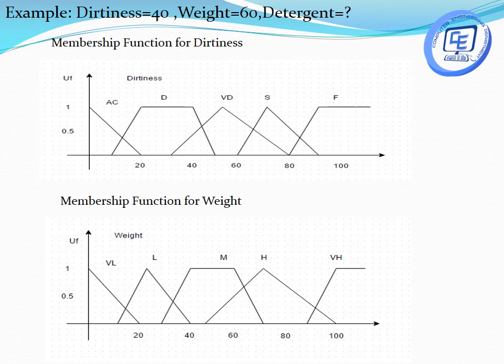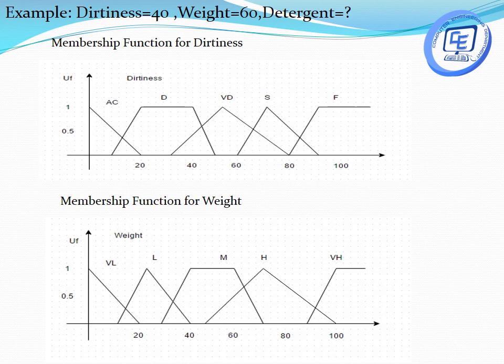Now here some questions will be raised. One, whether to take triangular, trapezoidal or rectangular, or which kind of membership functions we have to take. See, as we are dealing with the ranges, we cannot take the discrete membership function over here. We cannot consider the singleton membership function, but we can consider any continuous membership function. That can be triangular, trapezoidal, or you can take rectangular also. So that we can take.